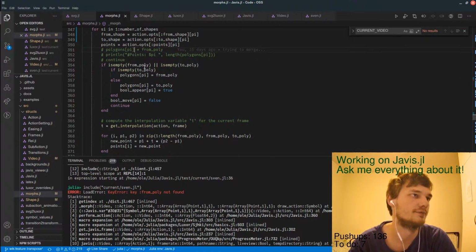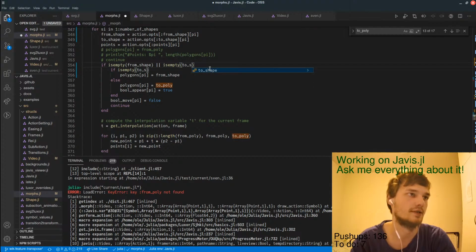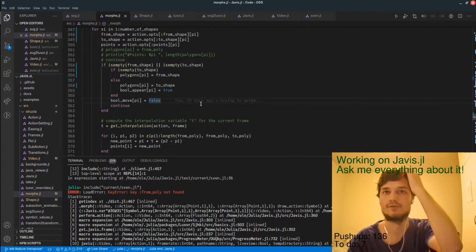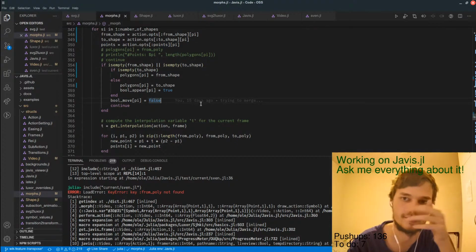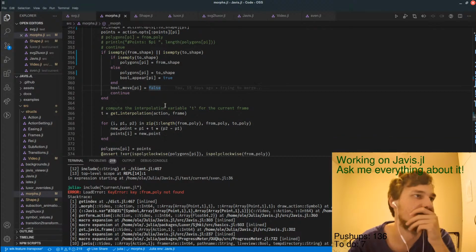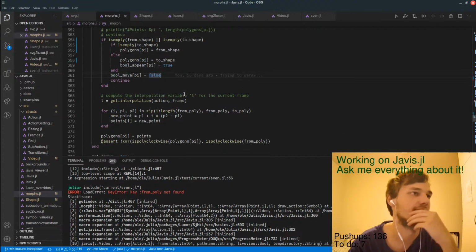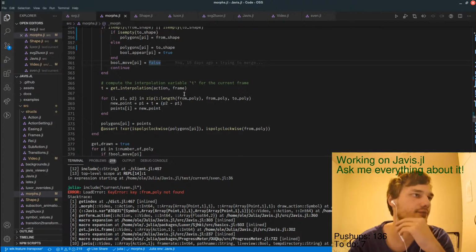So yeah, this one is basically, sorry about that. For if there's one shape more on the start or the end, then we don't want to move it. We want to let it appear or disappear. Okay. Okay, so this one is a little bit more complicated.